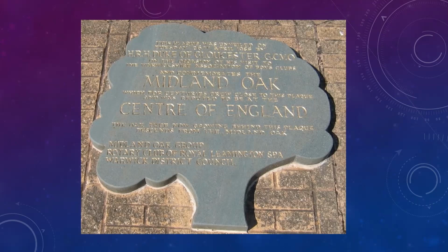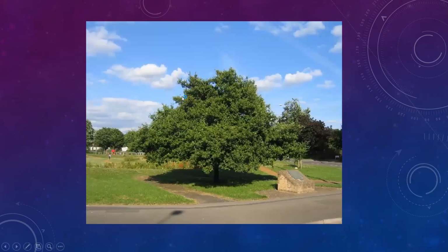And the current tree that sits on that land now survived some extensive work done in the year 2002, where they excavated an underground water stream running directly under where the tree was and made it open to prevent the houses from being flooded due to heavy rainfall. So as we can see, this is the tree that has been replaced, and it's nowhere near that size